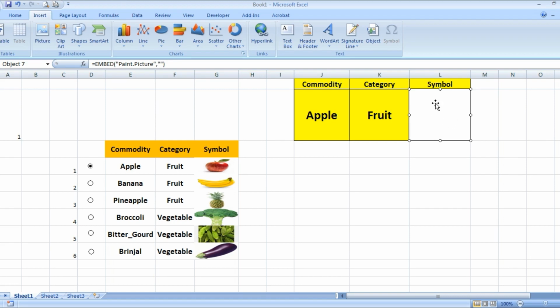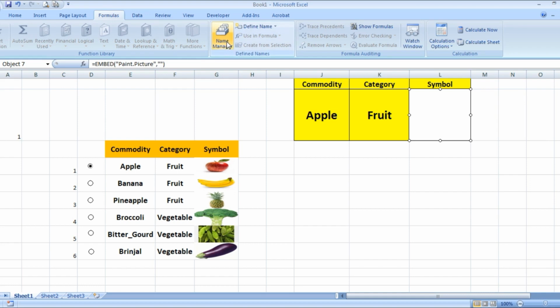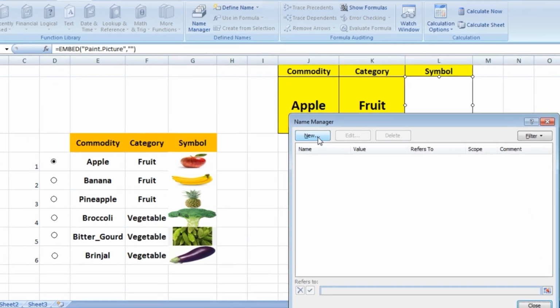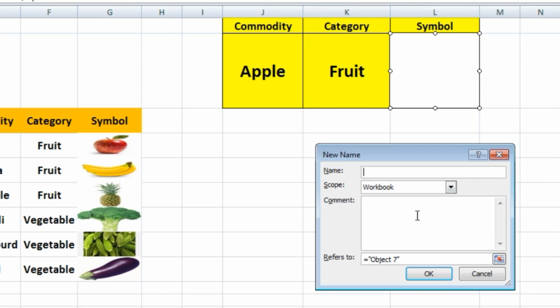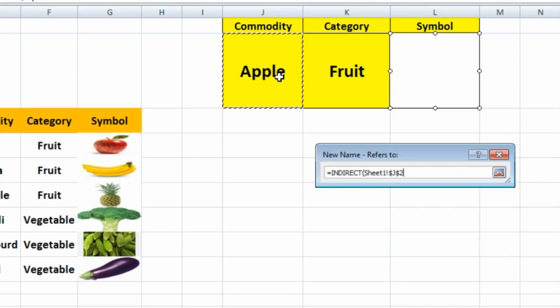Basically we want to give a reference from these images. How can we do that? Click this image, then go to Formulas, Name Manager. Select New, and in the name put fruit. This object is to be changed, so I use the INDIRECT function, with J2.